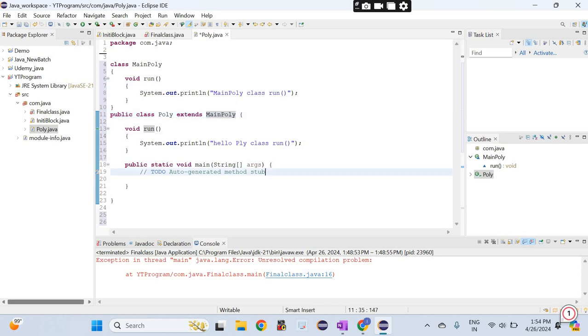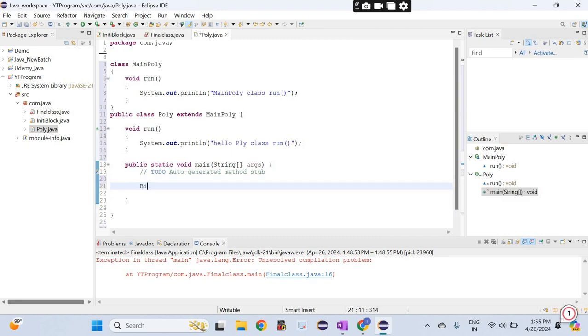Now what is the concept of upcasting? The reference variable of the parent class and the object of the child class. You are using this concept.